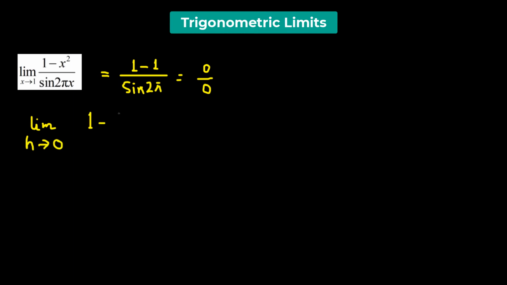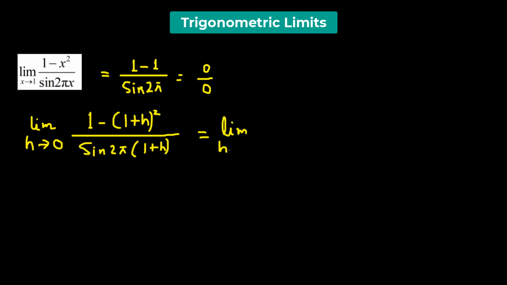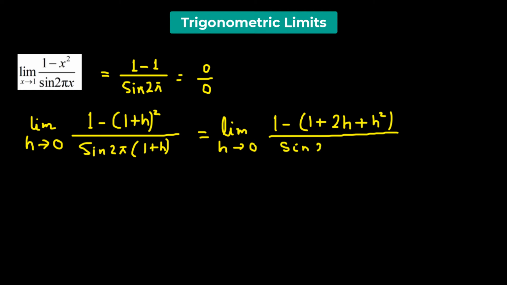So that would mean we'll also need to replace the value of x by 1 plus h. So we'll have (1 minus (1 plus h) whole squared) divided by sine 2 pi times (1 plus h). So let us simplify the numerator. So (1 plus h) whole square is an identity. So we can expand it as 1 squared plus 2 times 1 times h, so that will be 2h plus h squared. Whole thing divided by sine (2 pi plus 2 pi h),